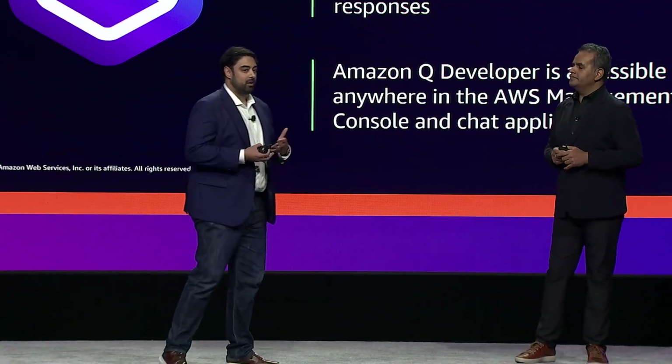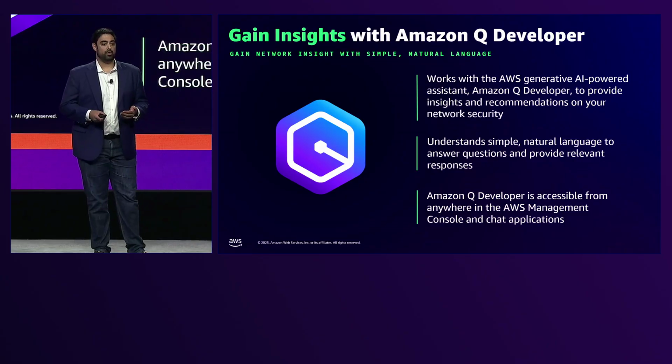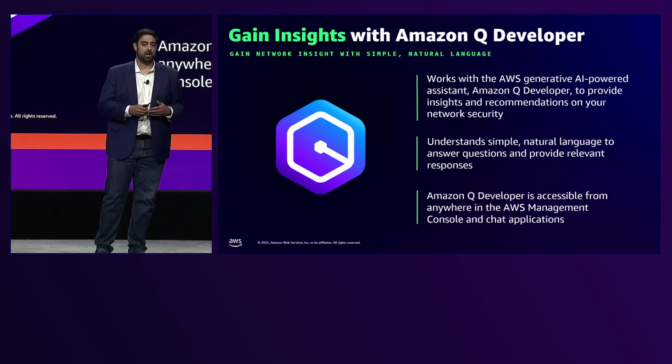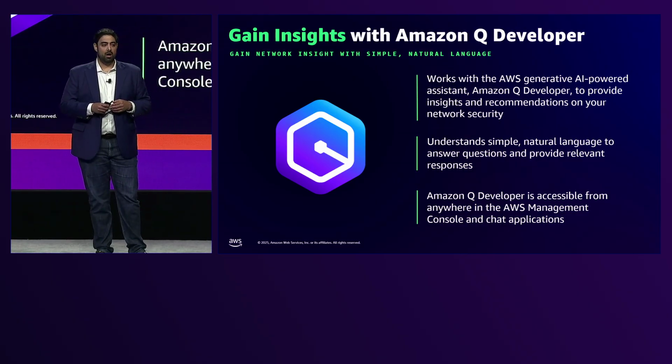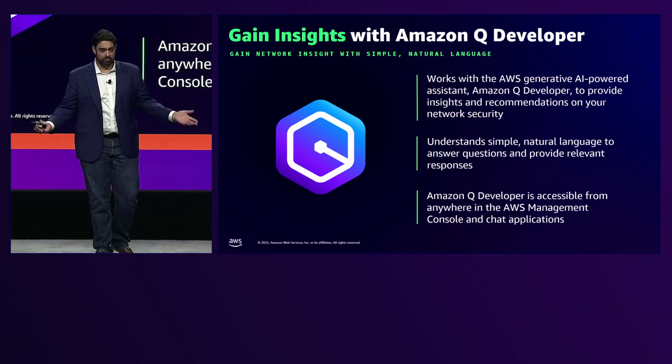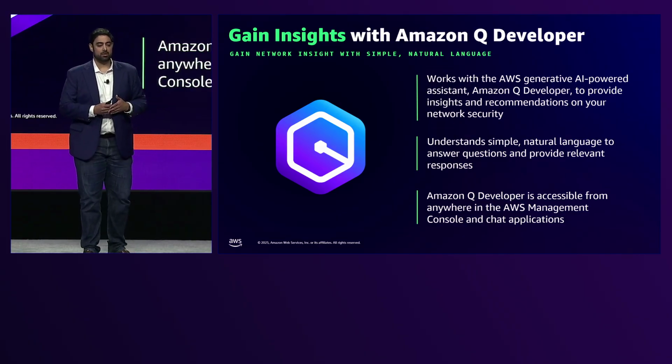And this is where we leverage the power of generative AI and Amazon Q, which is, one, to be able to ask in natural language simple questions like, what are my top network security risks or network security issues? What specific issues are pertaining to, say, for example, my application load balancers, my API gateways? Get concrete information in that regard so that you can, for example, report it up to stakeholders, for auditors, things of that nature.